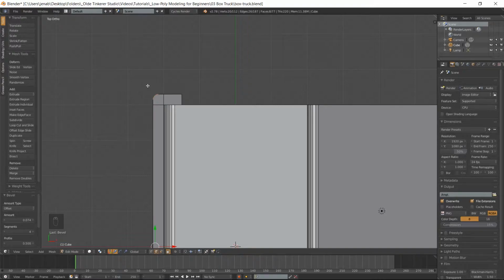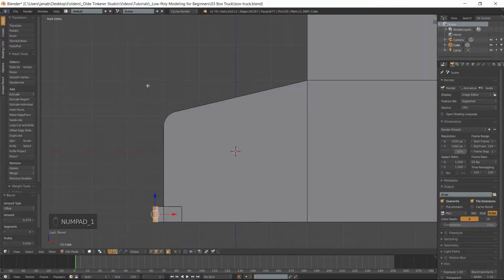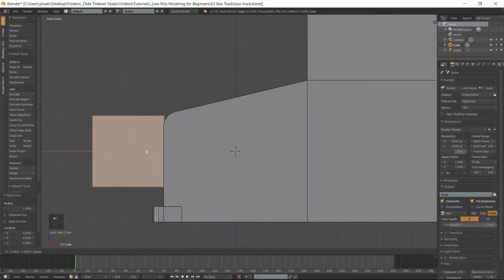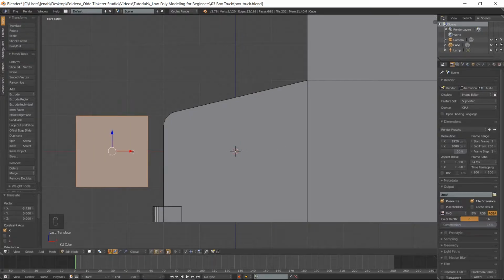Now go into front view, which is 1 on the numpad, and add a cube with Shift A, and use the manipulator and move the cube out into the front of the truck. Scale the cube along the x-axis, S X .1,